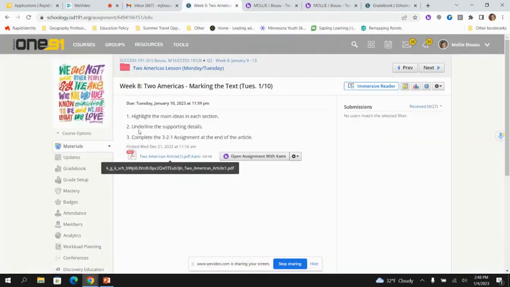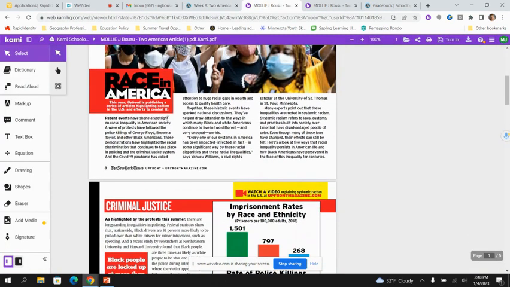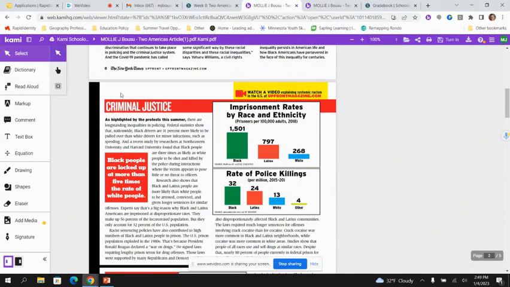The instructions are here. You're going to highlight the main ideas of each section, and then you're going to underline supporting details. So just to give kind of an example, here's the introduction. But the first section is about criminal justice. And so you are going to